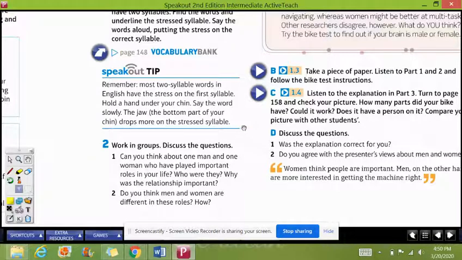Number 1 says, can you think of one man and one woman who have played important roles in your life? Who are they? Why was the relationship important? Okay, take a look at number 2. Do you think men and women are different in these roles, and how? So, like I said,